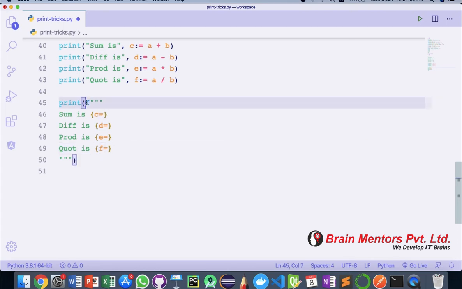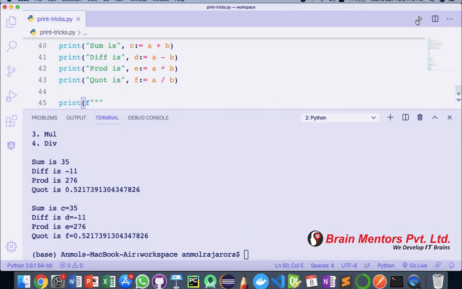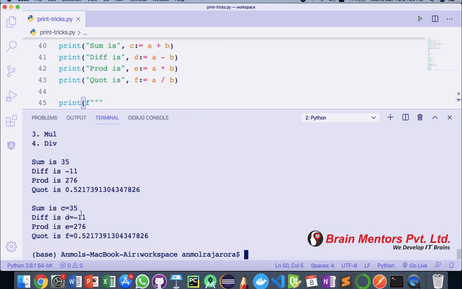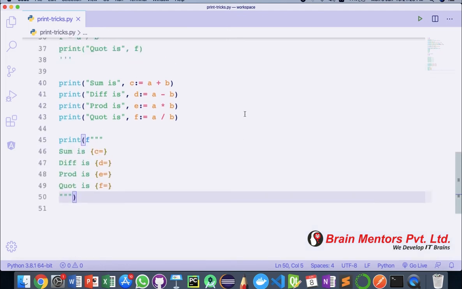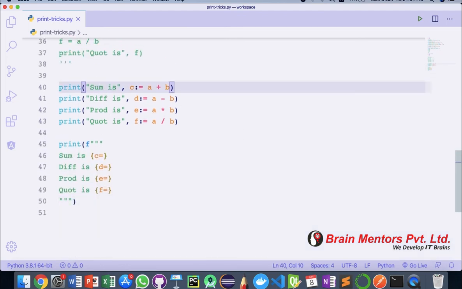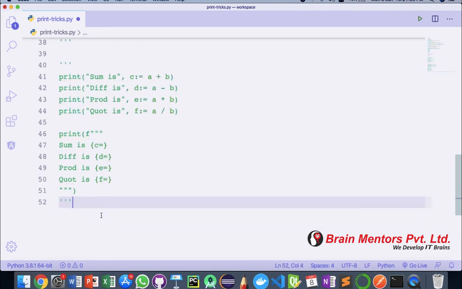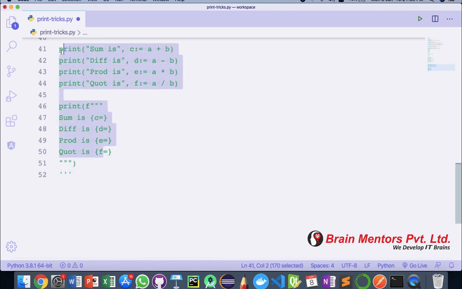So what we have done here is combined three different tricks. We have combined the multi-line statement with the f-strings, as well as the latest feature of the f-string using that equal to sign. So let's test it out. It should work perfectly. So we just run this here and you can see how it's working. Right? And if you want, you can do one more addition. Instead of using these two separately, you can write them in the same line. So you can combine both of these together. How can you do that? You can just say something like this.